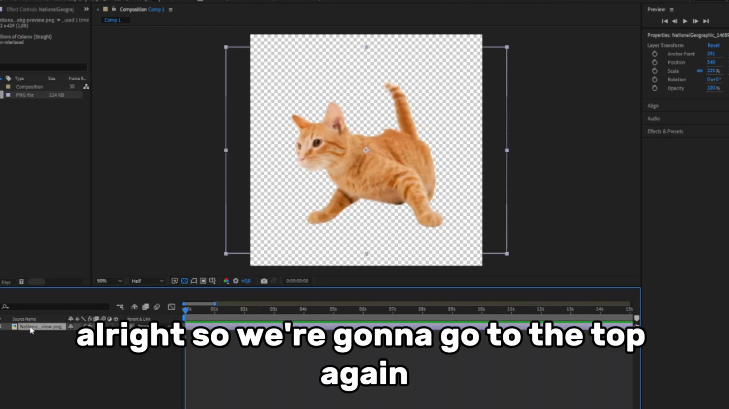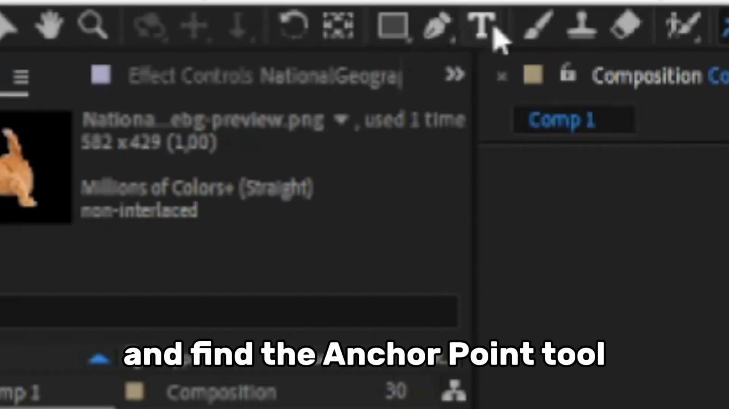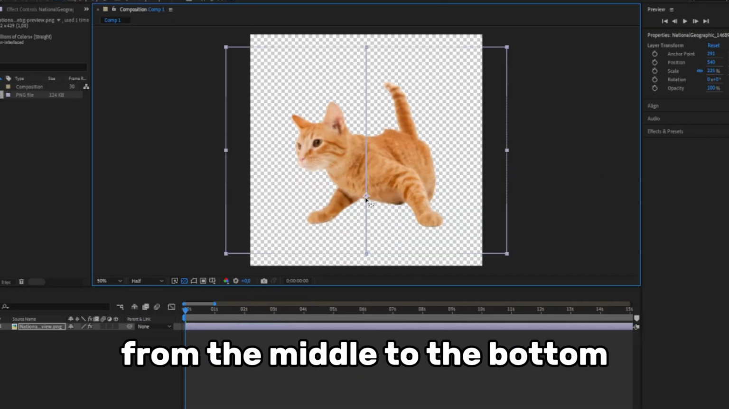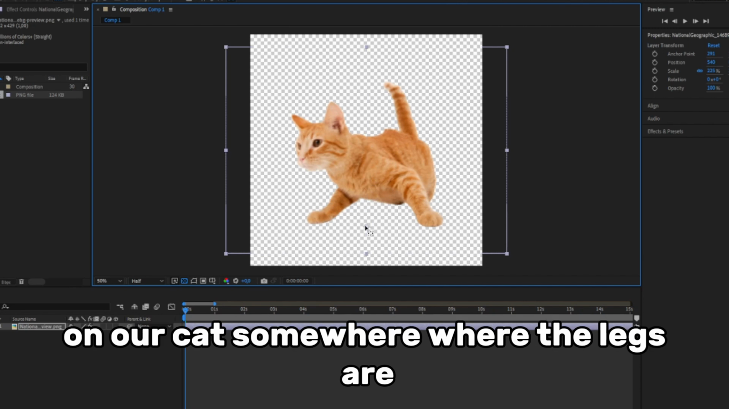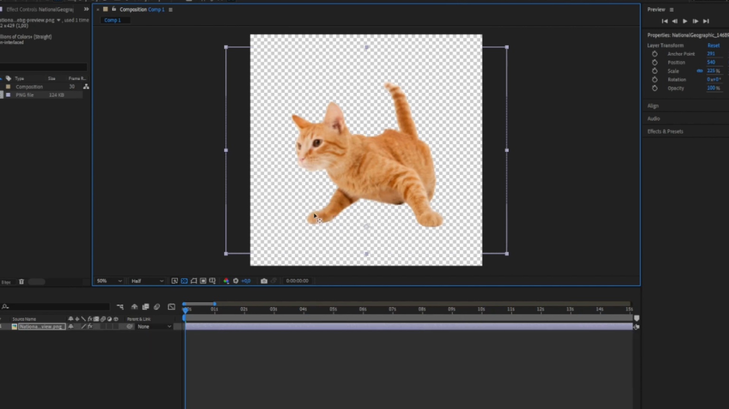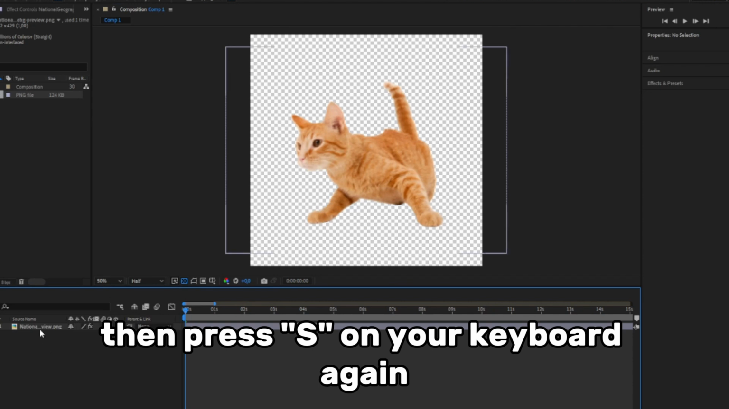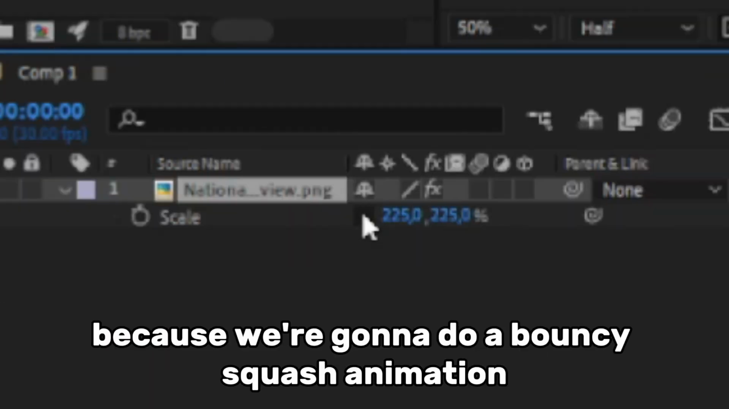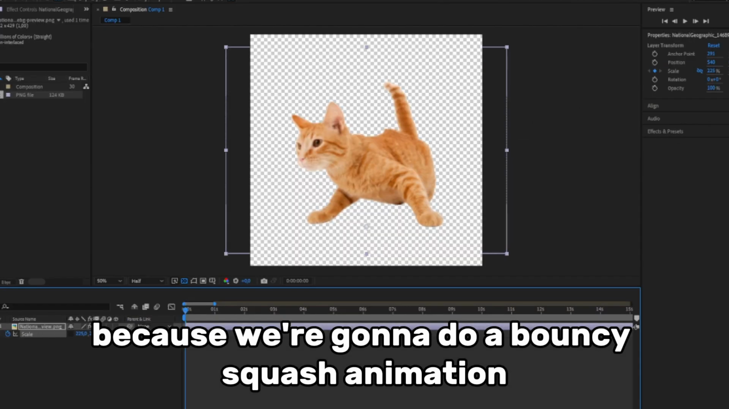Alright, so we're gonna go to the top again and find the anchor point tool, click on it and then drag the anchor point from the middle to the bottom on our cat somewhere where the legs are. Then press S on your keyboard again and turn this link thing off because we're gonna do a bouncy squash